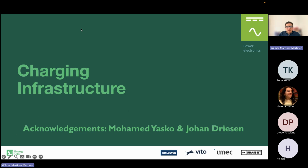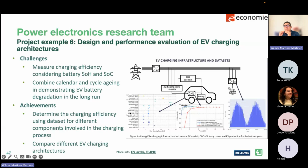Yeah, and I will be using material from one of our PhD researchers, Mohamed Jasko, whom Johan and I are supervising. So this is the same project that I mentioned last time, within the power electronics research team: the design and performance evaluation of EV charging infrastructure, or charging architectures. What we are doing is looking into the vehicle, what types of vehicles we can have, what types of chargers we have there,